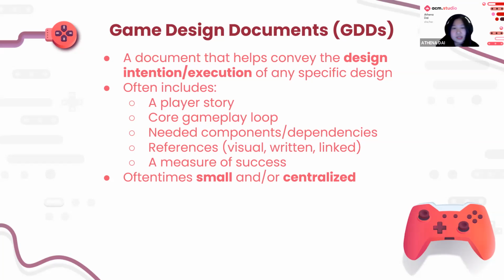Core gameplay loops, anything that you need. If I want to implement a system, what do I need visually? What do I need programming wise? Do you need to put any references so that other members of your team know exactly what's going on in your head? And also, this is very important, a measure of success. At what point is your game design document successful? At what point have you successfully executed